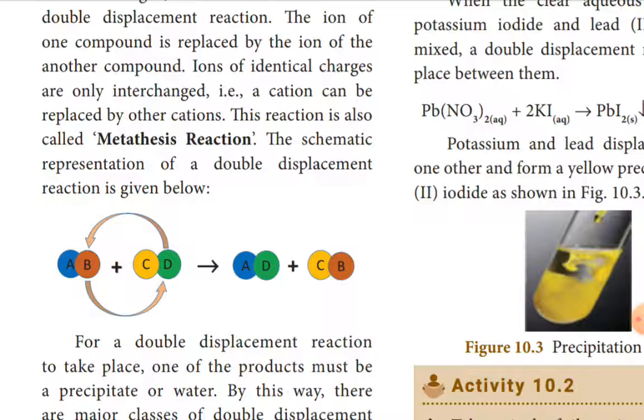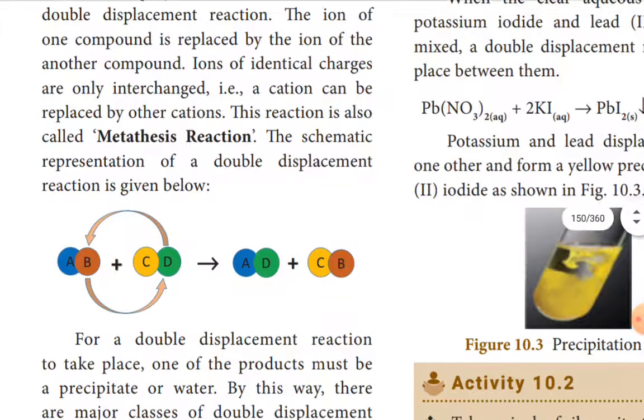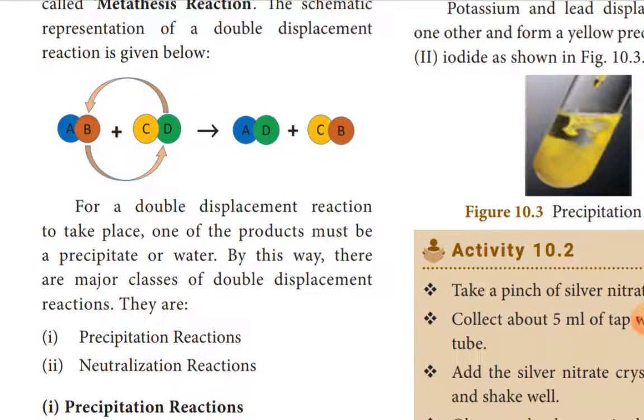Here, the element B is replaced by D, or element D is replaced by B. Both are the same. That's why I already said that cation replaces cation. So when instead of B you put D, the product AD is formed. Instead of D, if B occupies the place, CB is formed. New products are formed. For a double displacement reaction to take place, one of the products must be a precipitate